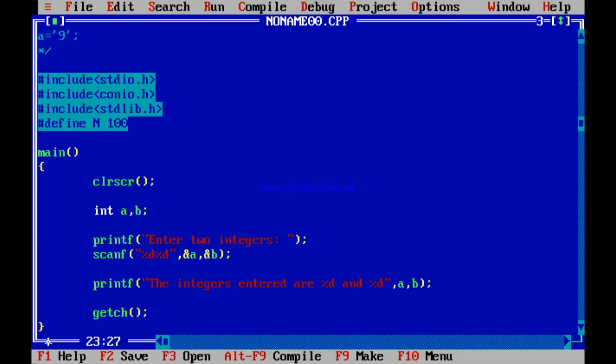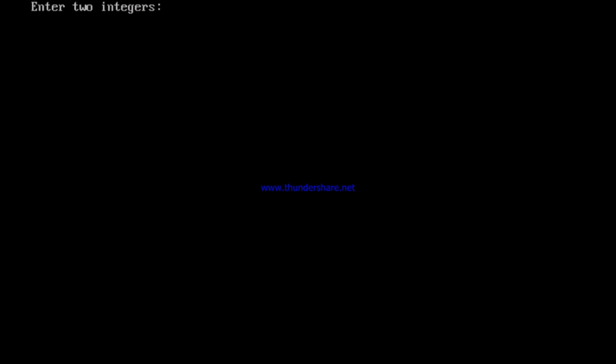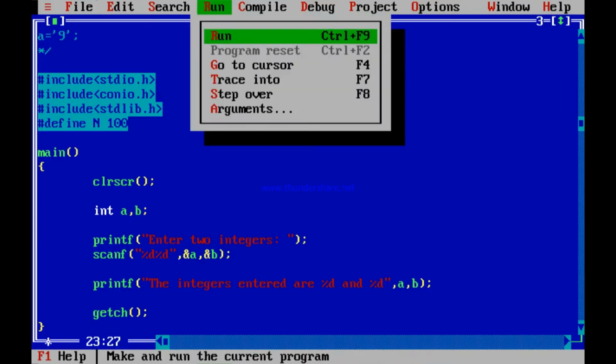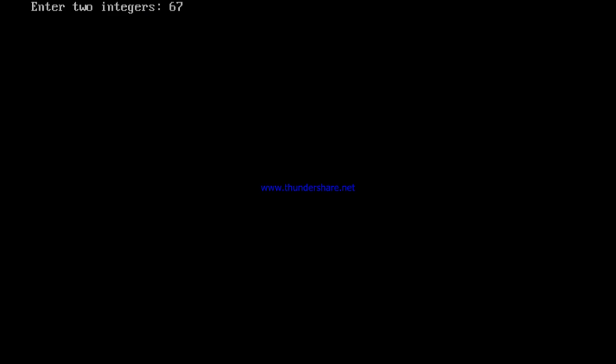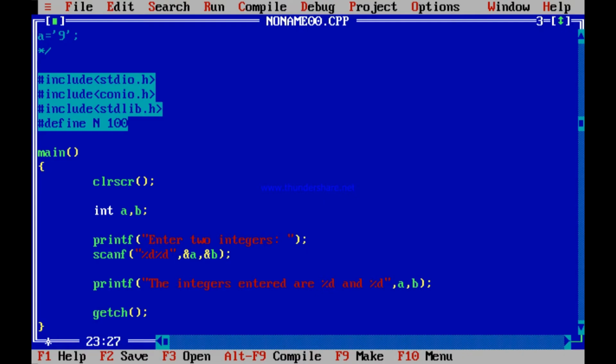I repeat once more. You write 67, 32 by a space. It says 67 and 32. You can again run and now differentiate by an enter. Still it will say 67 and 32. What is the differentiating factor of the two integers? How does it understand the difference of the two integers? By the space or the enter.